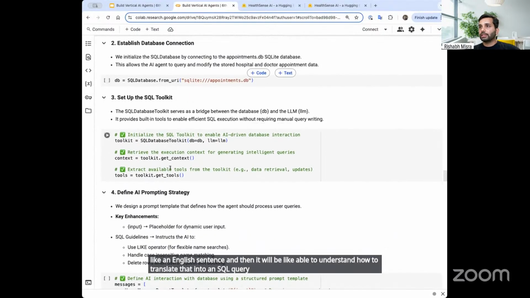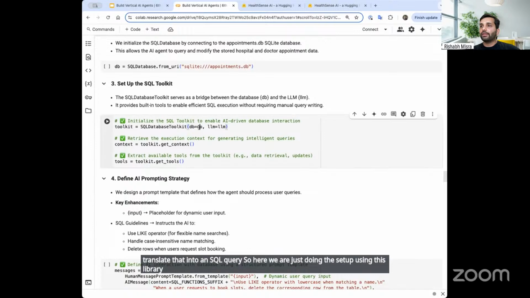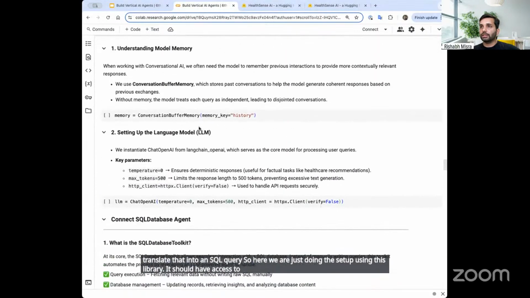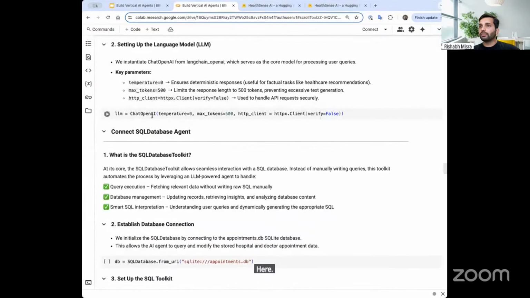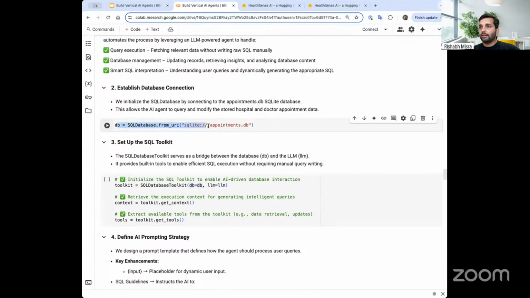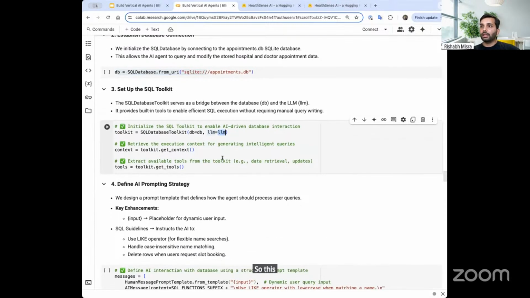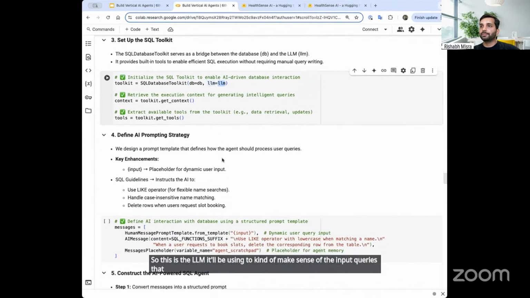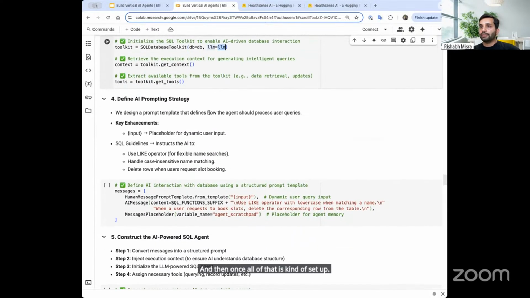So here we are just doing the setup using this library. It should have access to the database. So this is the DB that we had created here. And then we are also giving it access to the LLM. This is the LLM it'll be using to make sense of the input queries that are coming in. And then once all of that is set up, we are now defining the